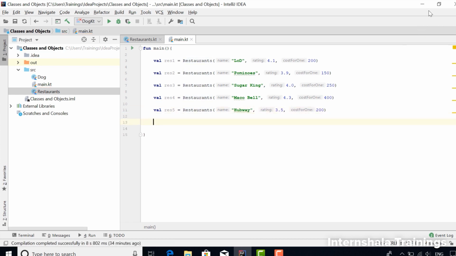Done. Now let's print the objects using the print statements. Let's look at the output.